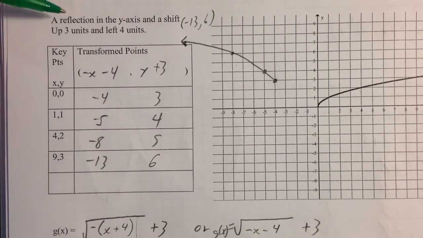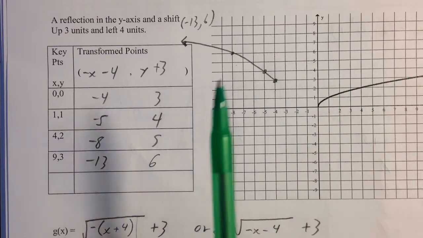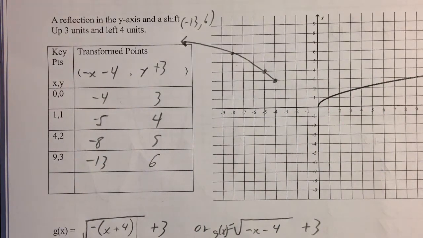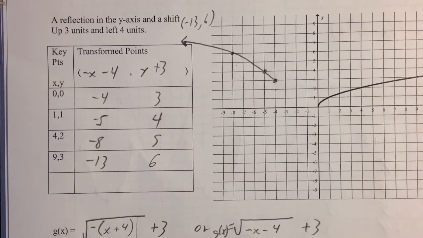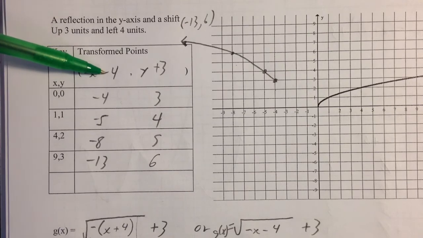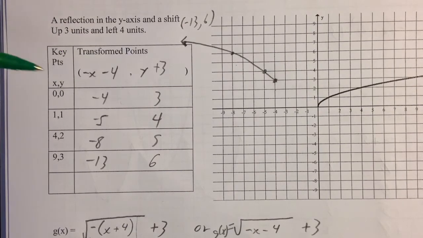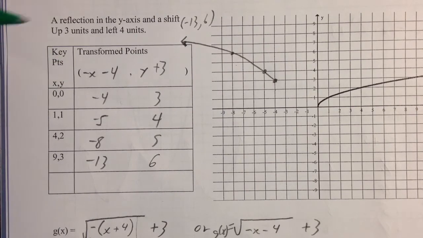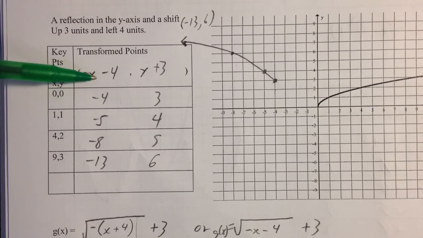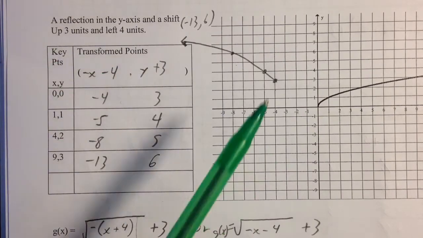A reflection in the y-axis and a shift up 3 units and left 4 units. So since it's a reflection in the y-axis, the mirror is here, we're swinging it over this way. We're moving it up 3 units and we're moving it 4 units to the left. So since I'm moving it 4 units to the left, I'm going to subtract 4 from all my x coordinates, and I'm going to multiply all my x coordinates by -1 because it's a reflection of the y-axis. Since it's a shift up 3 units, I'm going to add 3 to all my y's. So I take my root function key points, apply the x mappings, apply the y mappings, plot it,